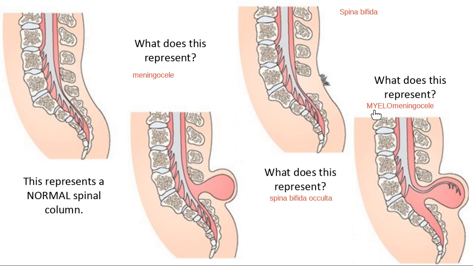This myelo part looks like myelin, myelomeningeal seal. Not only are we missing the spinous process, not only did the meninges and the fluid go out here, but so did the spinal cord. So in myelomeningeal seal, we've got nervous tissue that's gone out here into this fluid-filled sac. The spinal cord itself is actually protruding out of the vertebral column into this fluid-filled space that we see